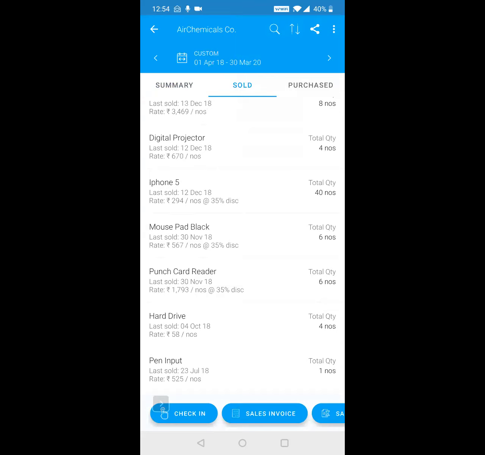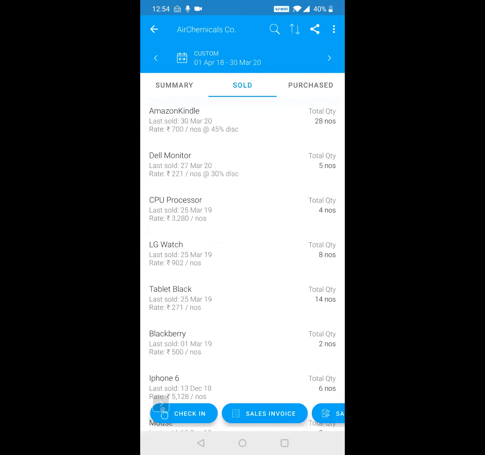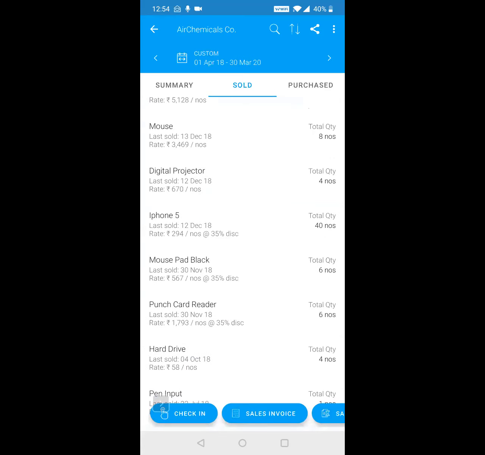So it's a good discussion your salesperson can have with the customer: why have you not given me an order for hard drive? Okay, what is it, a quality issue, a pricing issue? I want the order for hard drive again. So these are all the items your customer has bought from you in the past, but only the top 2 or 3 he's buying on a repeated basis, but the other ones he's not buying repeatedly. So it's a good conversation that your salesperson can have with your customer.